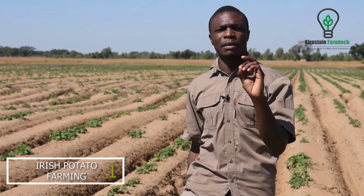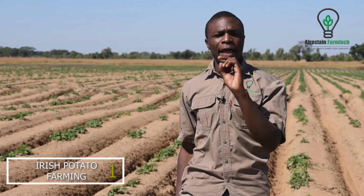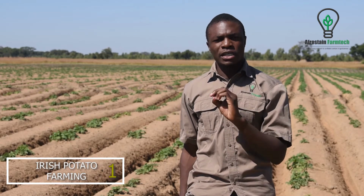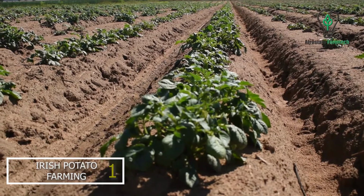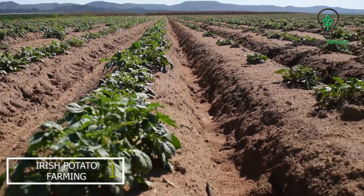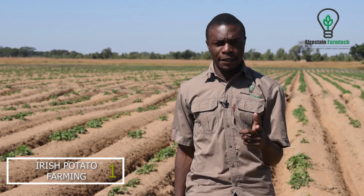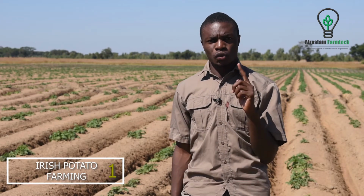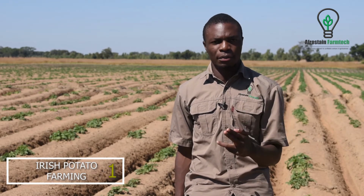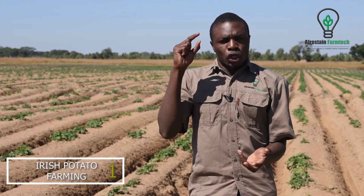For instance, magnesium might be lacking in your soil. So if you start with soil analysis, you are going to have a picture of what nutrients are needed in your soil. In this case, if you test your soil and see it is in the good range, which is 5.5 to 6.5, we need to know what nutrients are lacking in your soil. For instance, if your soil is lacking magnesium, we then use a dolomitic lime to cater for those nutrients. If your soil is lacking calcium, then use calcitic lime,